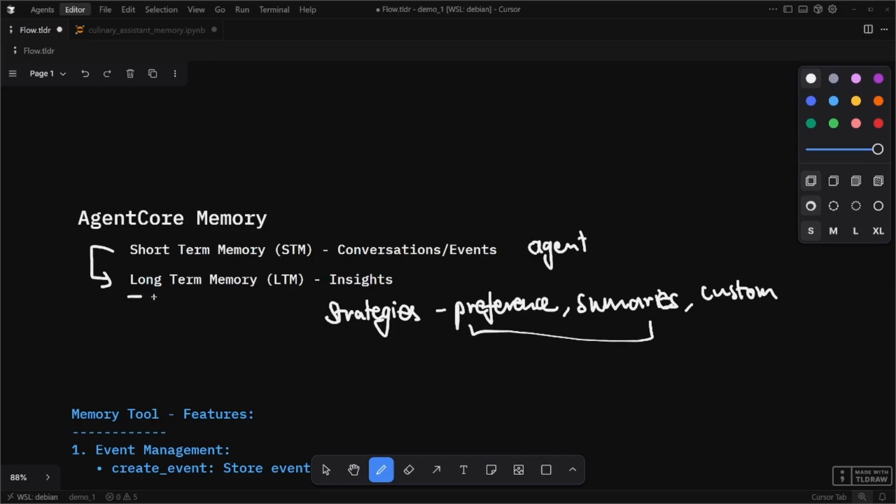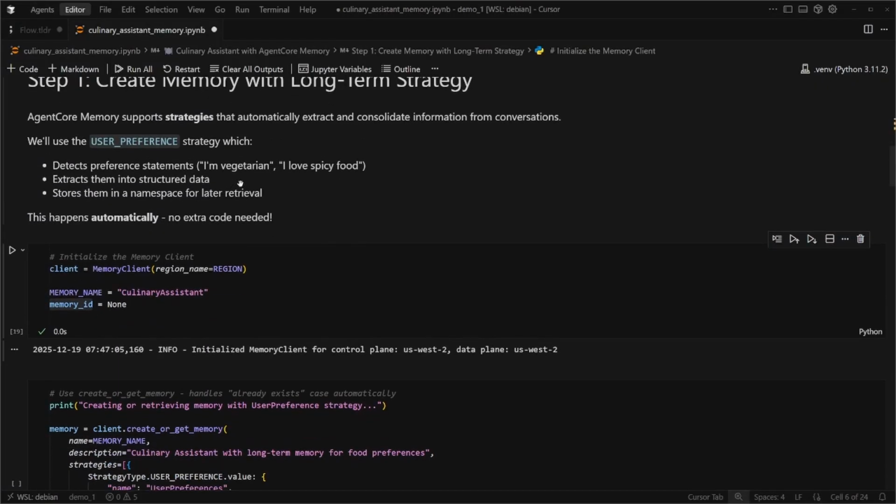So this is managed by AgentCore Memory, and the extraction happens in a sort of eventual consistency format. So once STM is populated, LTM starts generating. It needs some time, however, but according to your strategy, it happens continuously as events get fed to the short-term memory. So we'll have to